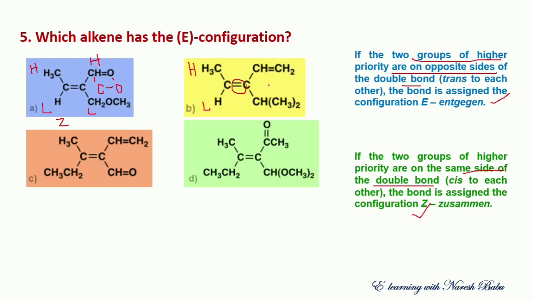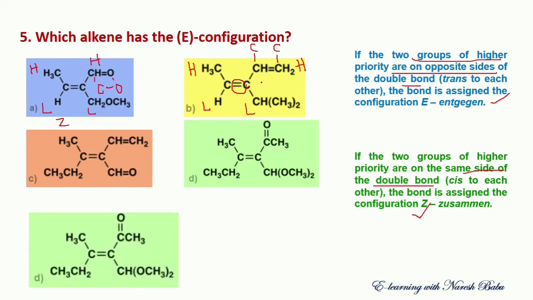And coming to these two examples, the double bond we can divide and make it as a C, and again C we can represent. So this carbon atom is binding with two carbons, but this carbon atom is also binding with the same two carbons, and the next carbon atom is binding with another carbon atom here. So it has the highest priority when compared with this one. So you can see the lowest priority and highest priority on the same side are present.